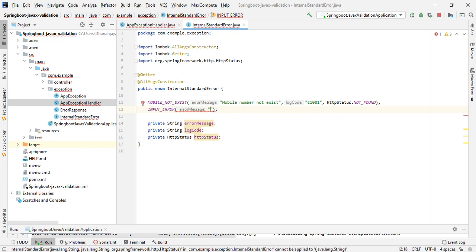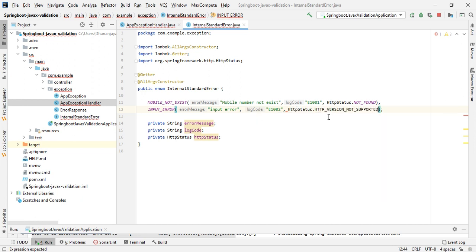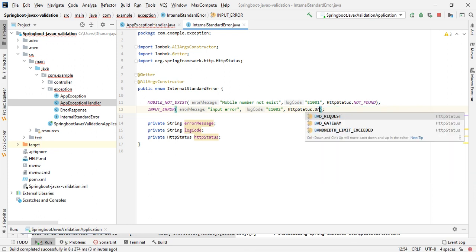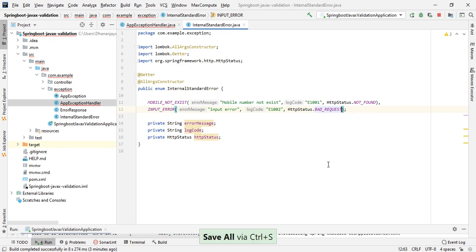We need to pass error message, input error, log code will be E1002. You can manage the log code in your business logic as per your business functionality. HTTP status will be sent as a bad request. Let's return the bad request. Okay, that's it.